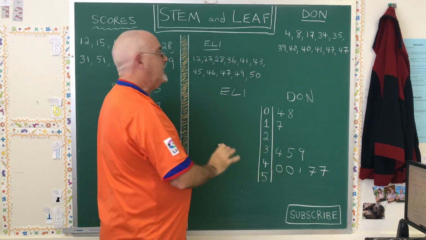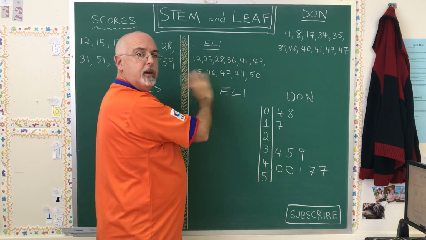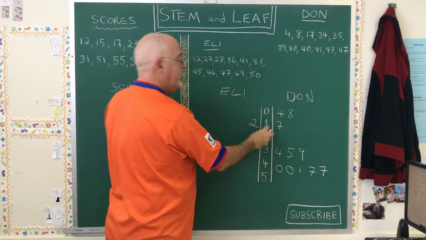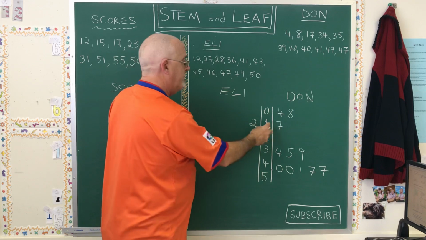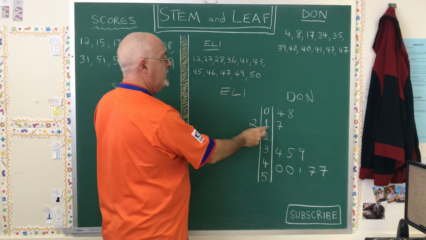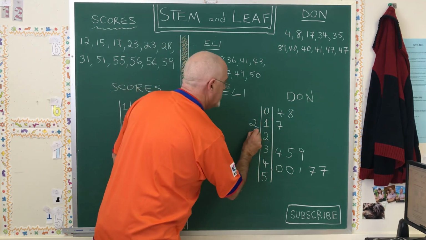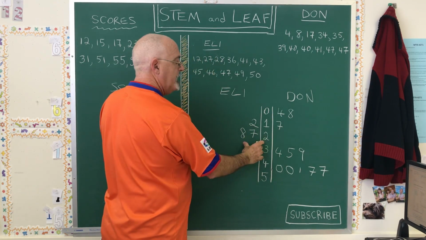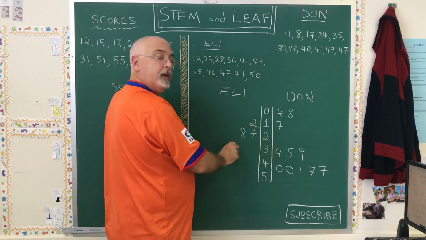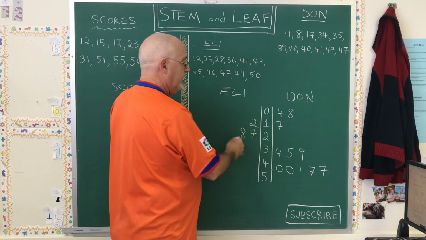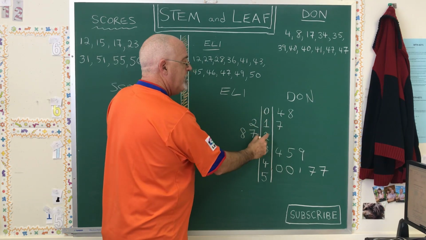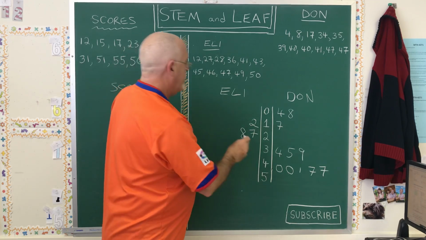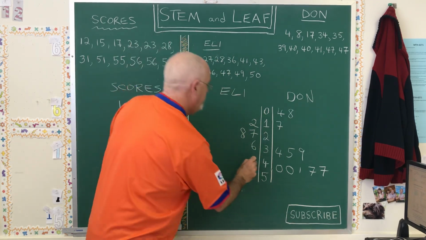and his numbers will look a little different. First of all, he doesn't have any 1-digit numbers, so his lowest number is a 12. I write the 2 here beside the 1, and I have to read this backwards from right to left. So the first number for Eli is a 12, the next number is a 27, then a 28. So I'm actually putting the 28, which is bigger than the 27, further to the left, because I'm not really reading from left to right. I'm going to read this from right to left. 12, 27, 28. Then we have a 36, 41,